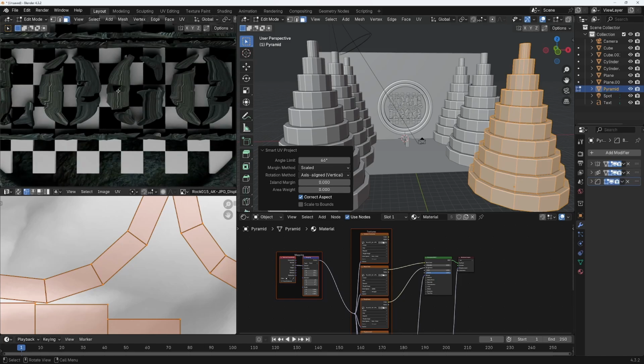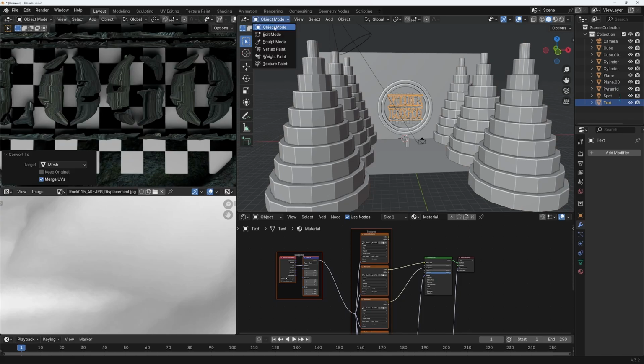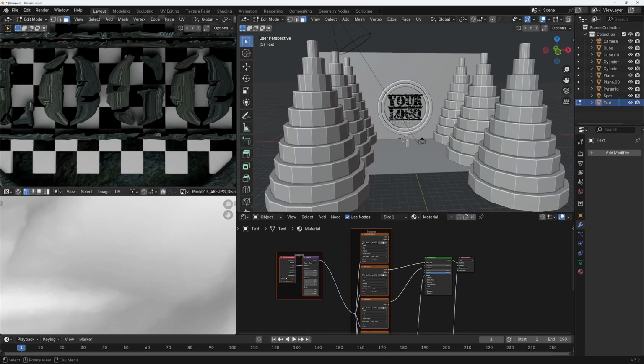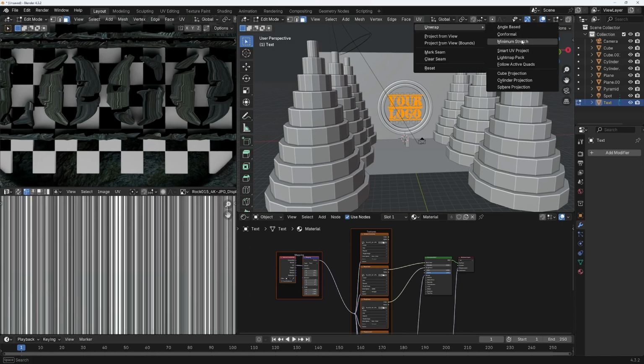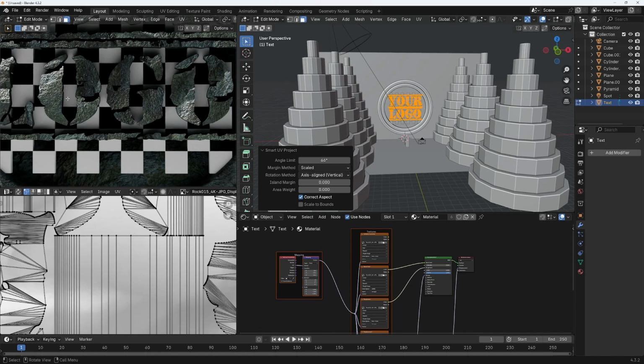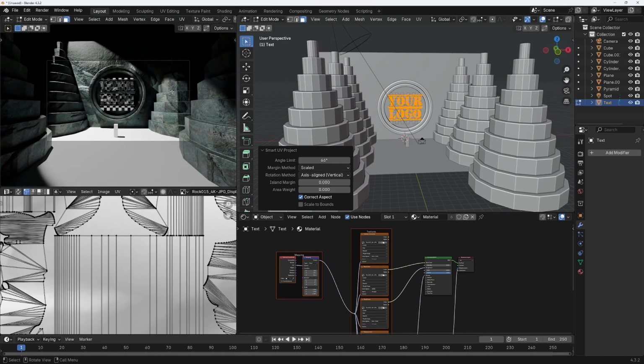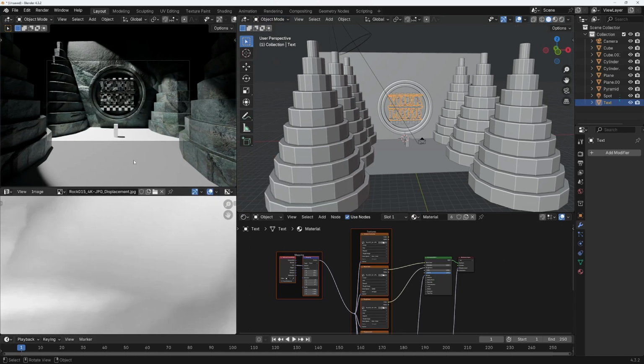But for the text, it's not good. So right click, convert to mesh. Now if I go here in edit mode, hit A, go to UV and select smart UV projection. Now our text has a nice texture. Now it looks like this. Okay, now I select the floor,